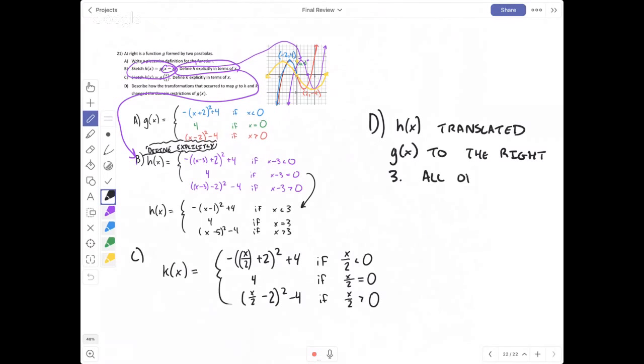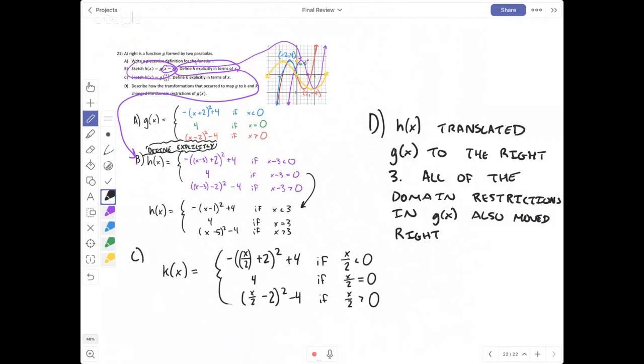All of the domain restrictions in g of x also moved right 3, because